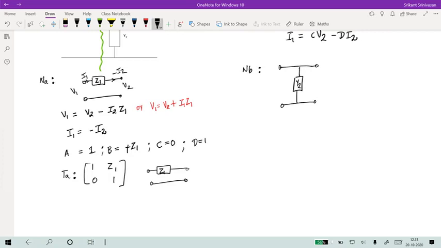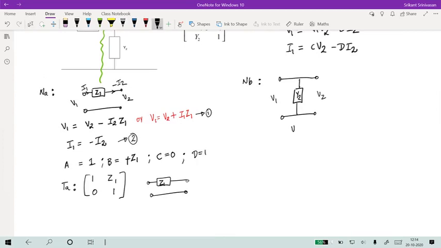Now, what about the other side? Here I have V1, V2, and I know the relationship is, let me write this down as equation 1. This is equation 2. Okay. And similarly here I can say that V1 is equal to V2 straightforward, right? Because they are both across the same terminal. I mean, it's a short circuit between V1 and V2. There's nothing there. So V1 is equal to V2.